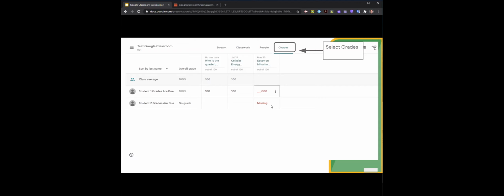The gradebook is really simple. It's built off of your assignments. You don't have to add anything to this gradebook at all. It's totally synced to what you want. And then